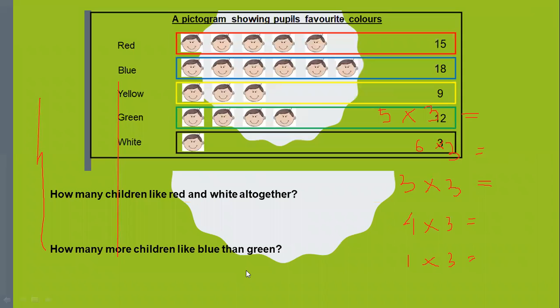Okay, next. I have a question. How many children like red and white all together? From this question you can see red and white all together. So you have to find first how many pupils like red. It is 5.